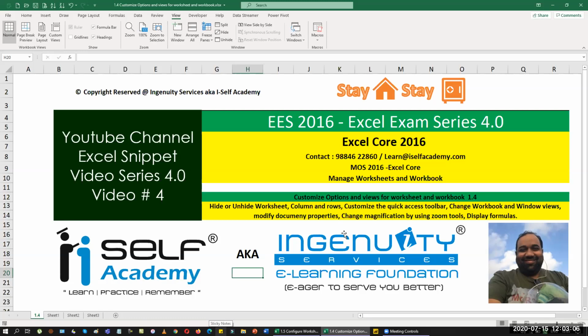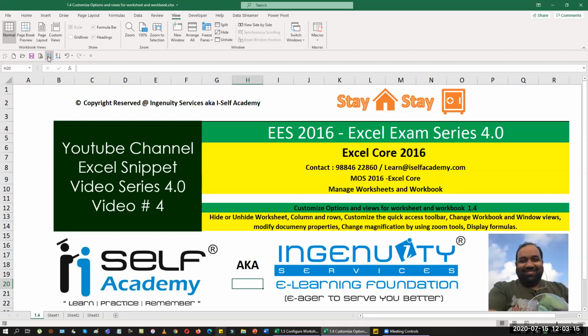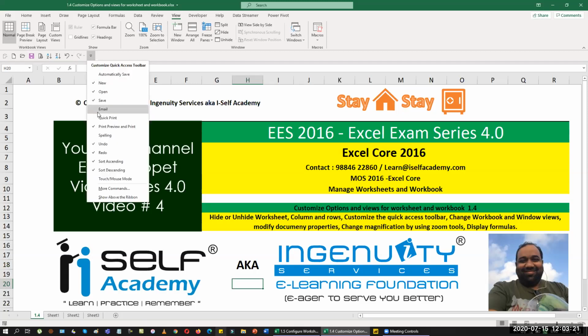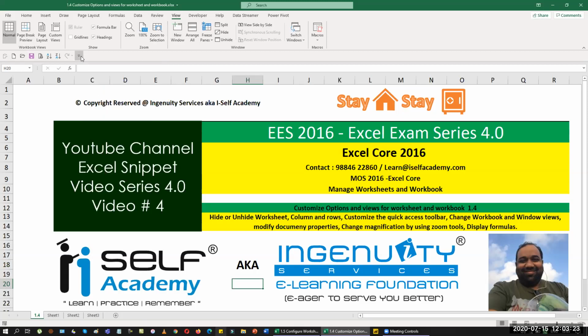If you're playing around with a quick access toolbar, you can see that it appears on top. Sometimes they'll ask you to put it below, so you can just show it below. Now I don't want these options, that is, I don't want the sorting method and undo and redo. Then I can click it here, and then I can just say undo, and then redo, and then ascending order sort and descending order sort. I just removed all of them. Now you can see that I can adjust that.